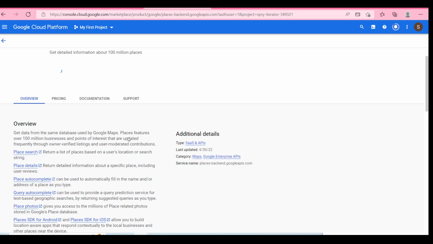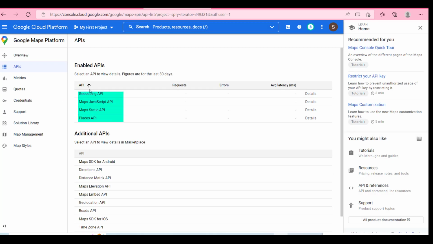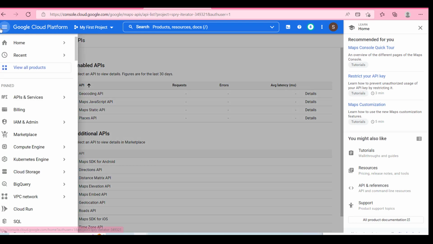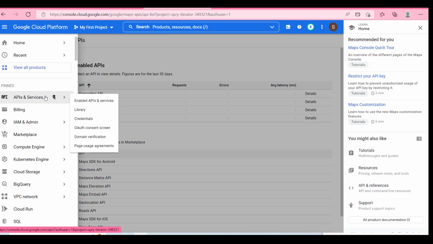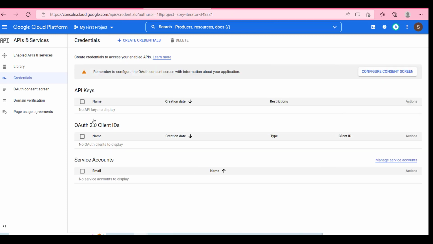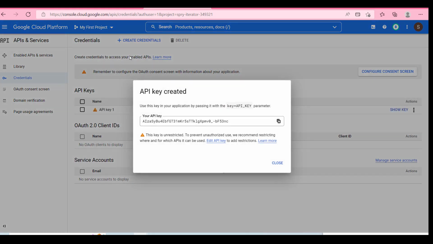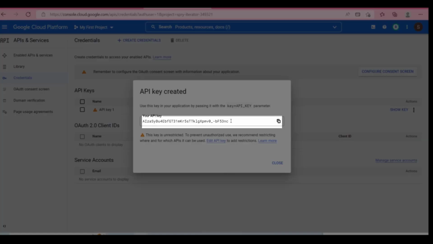Taking a minute here. Great. Once you have all four, you just want to confirm. You're going to go back to the hamburger button here and click back to API and Services and go to Credentials. On this page, you're going to see Create Credentials. Click on that and click on API Key. You'll see a key that will generate like this. You can click on this Copy to Clipboard button